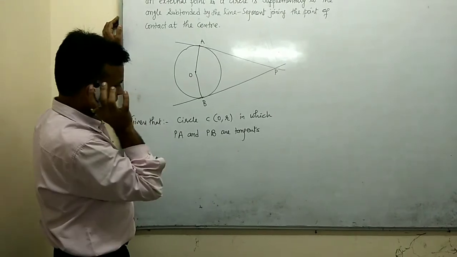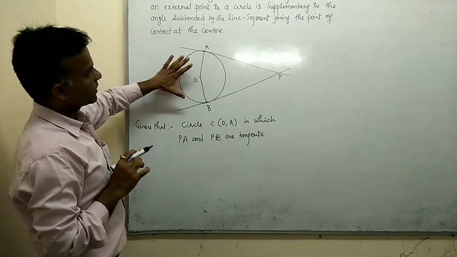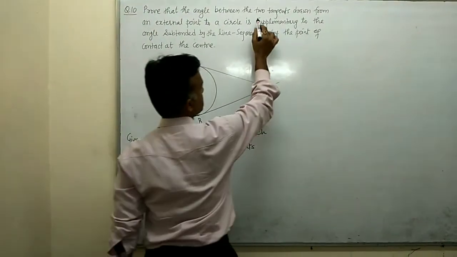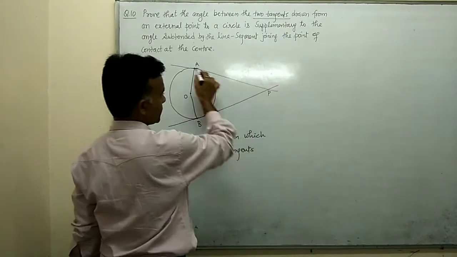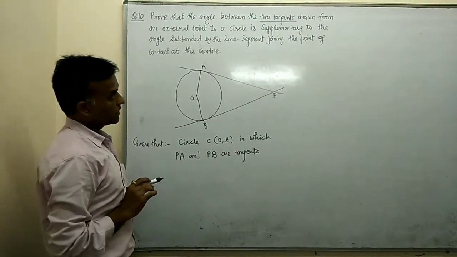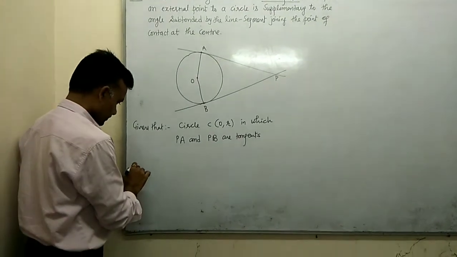Okay, so only one thing is there, PA and PB, because we only discuss the two tangents. So PA and PB are the two tangents, that is given. Okay, then to prove,